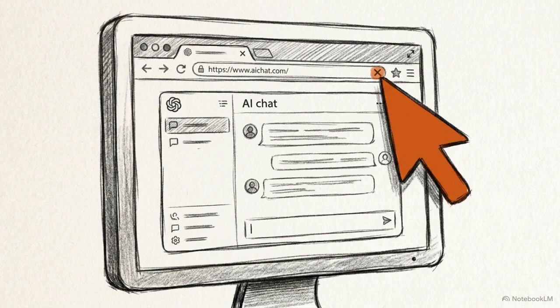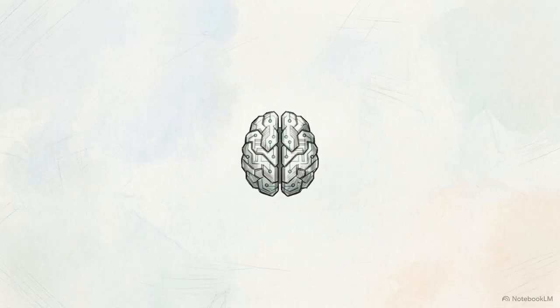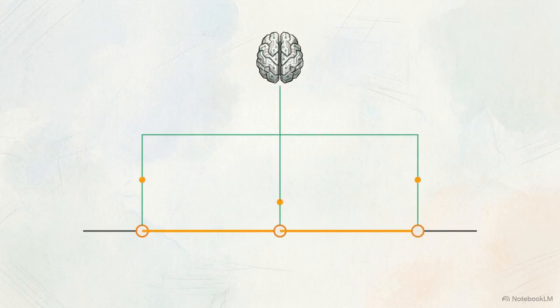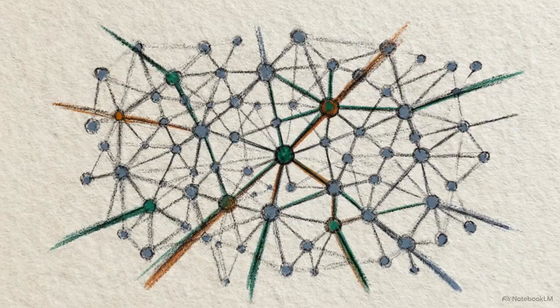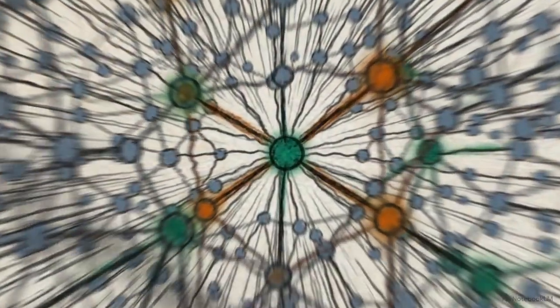Most of us use AI like a short-term memory, wiped clean every time we close the browser tab. You ask a question, get an answer, and the system forgets you exist. But we are going to build something entirely different, a permanent, personalized AI brain. Instead of starting from scratch every session, this system retains absolute context on your life. It learns your exact decision-making style, mimics your behavior, and acts as a central operating system that bursts outward into